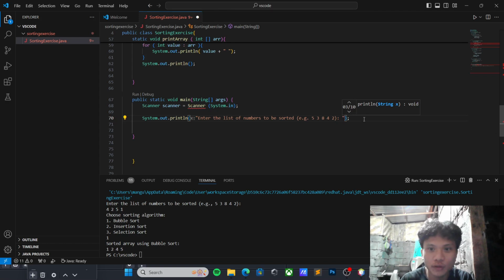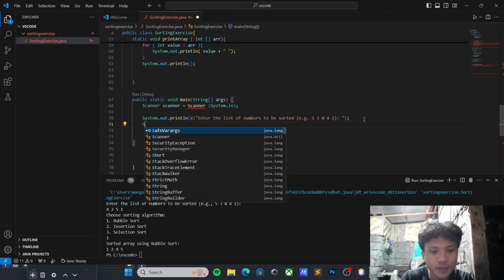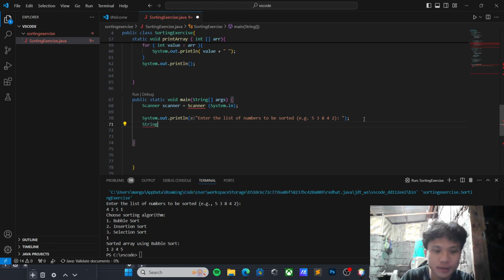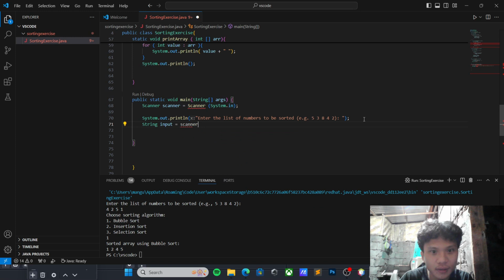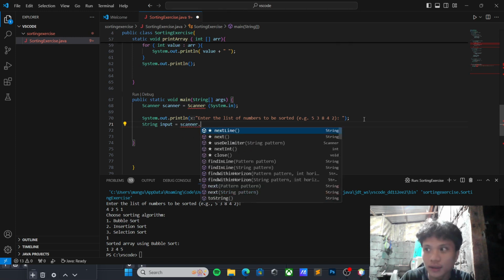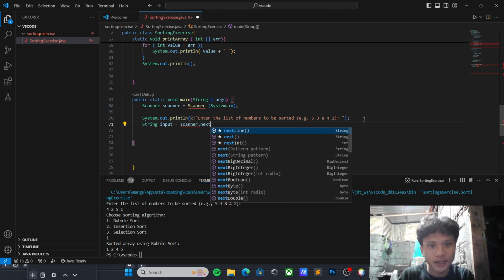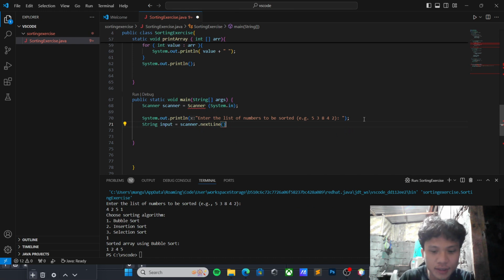Then we have to call the object of our scanner, String input as our variable of this object, scanner.nextLine, as it is a string type.